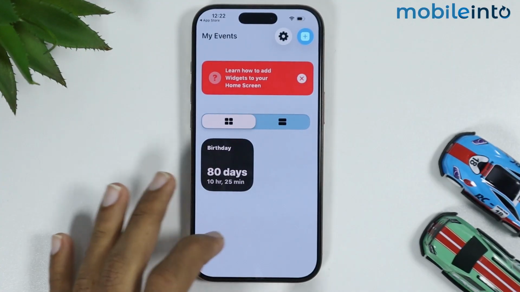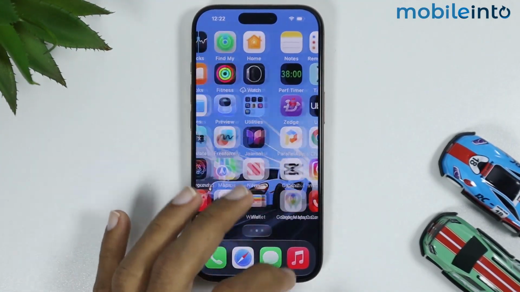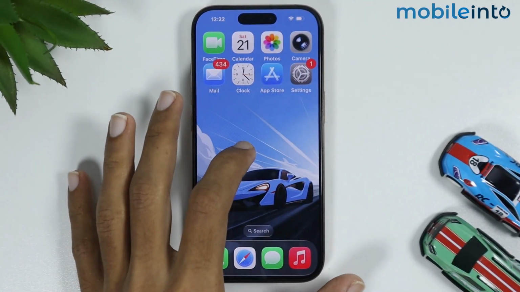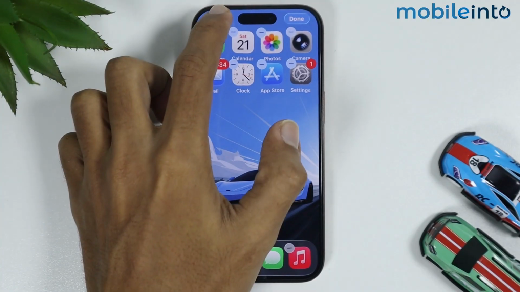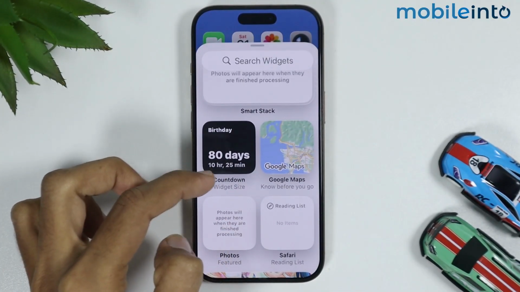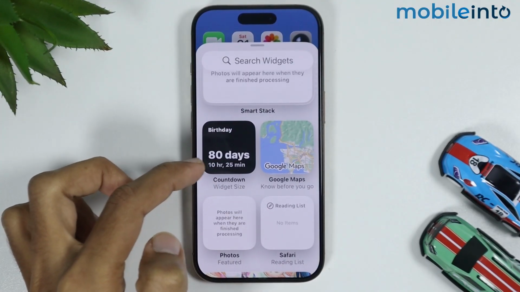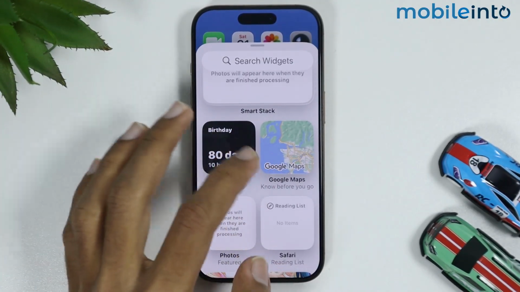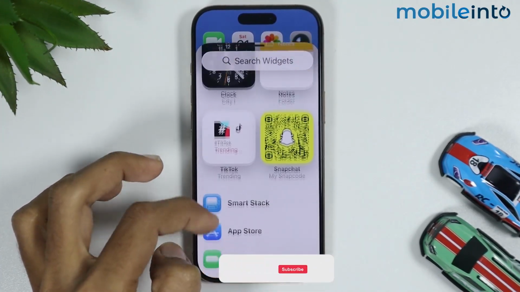Now after you've created your countdown widget, then just go to your home screen and tap and hold on the empty space on your home screen. Tap on Edit and select Add Widget. Now from here, just look for the countdown widget which we have created. As you can see, this is the widget, but if you cannot find it over here, just scroll down and